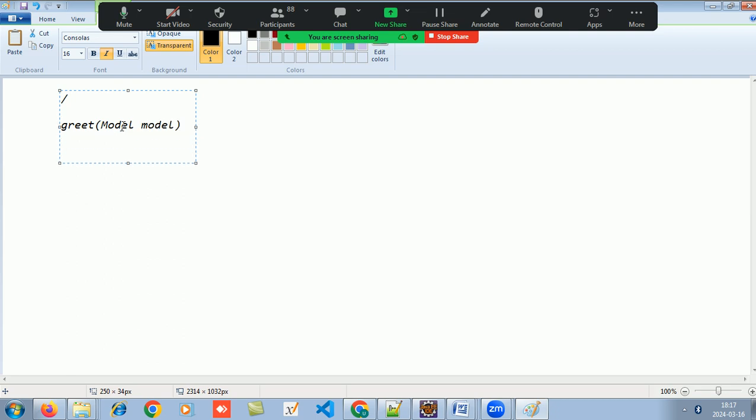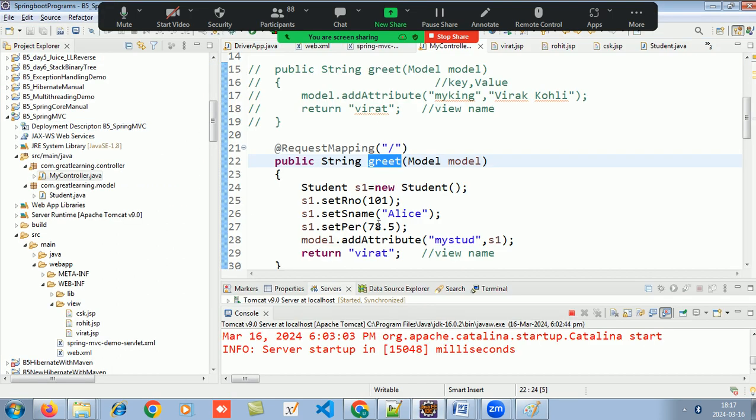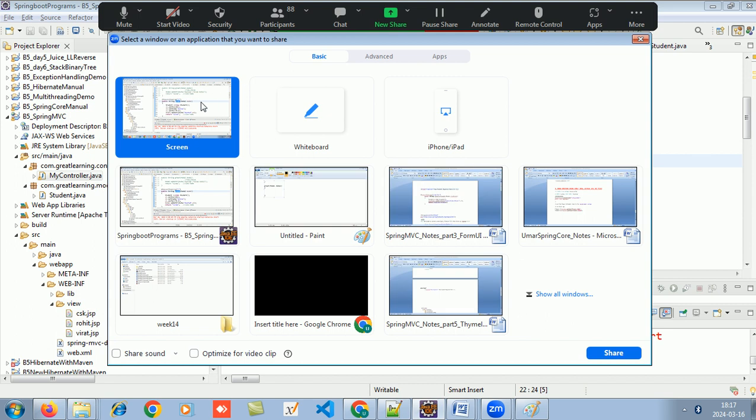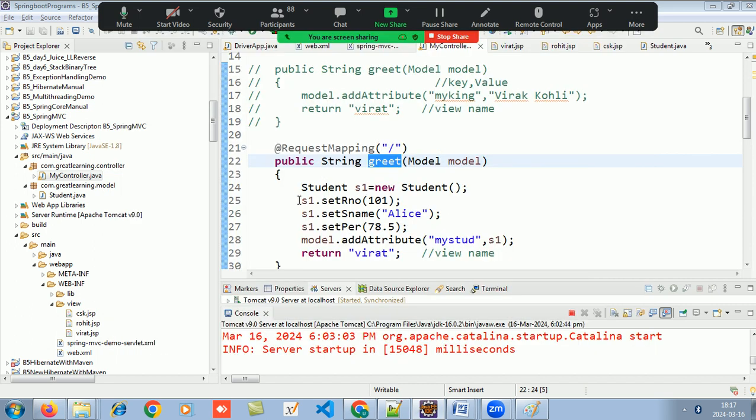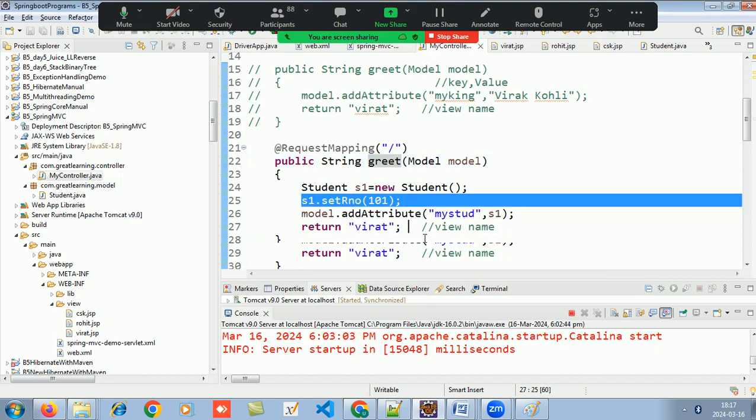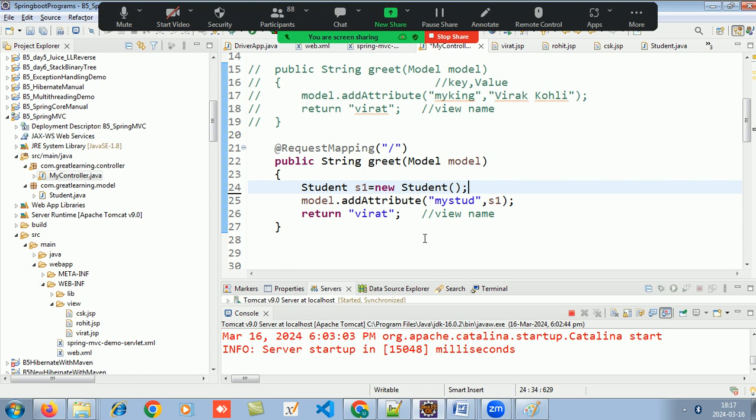Okay, the greet method will be there. So what I will do is, in this greet method I'll make an empty object now. It's an empty object. I will call it empty student object, and I will route it to the